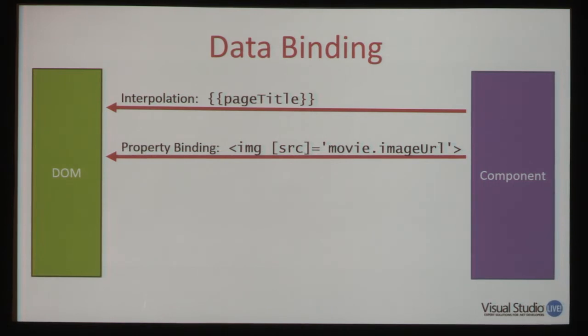So by having property binding and being able to bind to any property that we want, we can completely control the DOM from our component. Again, but this is only one way. This is why we don't need 46 extra directives, because we can now bind to anything we want. We don't have to wait for Angular to come up and define a directive for it for us.